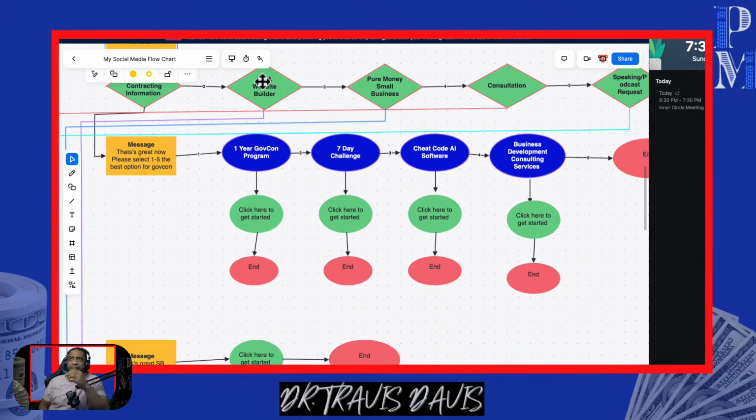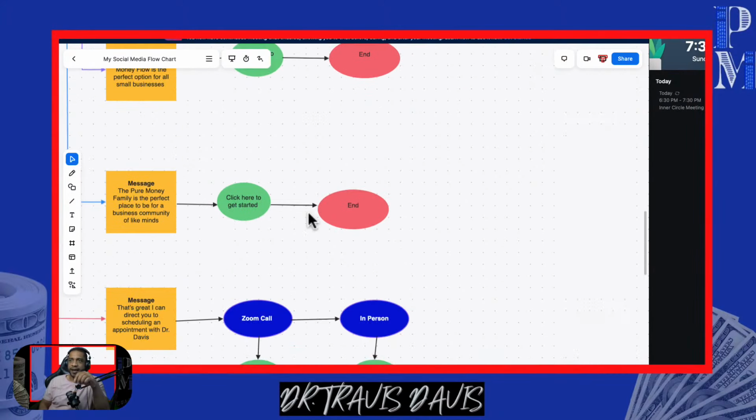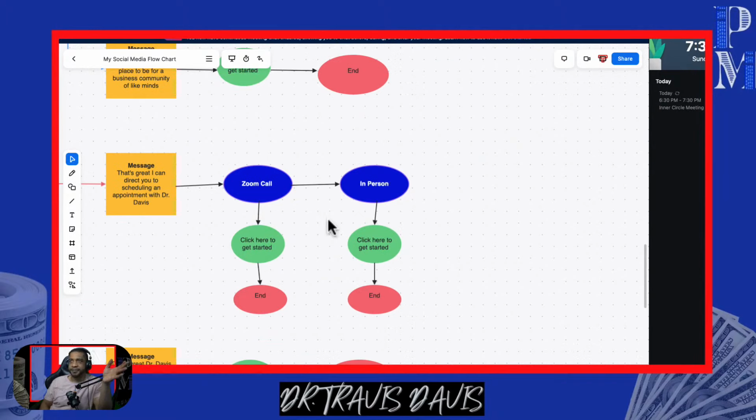This is going to happen for every scenario. As you guys can see, CRM, and so on. Now, the hardest part is drawing this out. Nobody wants to do this stuff. And here goes my in-person option. Somebody wanted to schedule a call with me or a consultation. Well, they got 2 options. They could do a Zoom call with me, which is virtual, or they can meet me in person here in Washington, D.C. The links will be sent based off their choice.